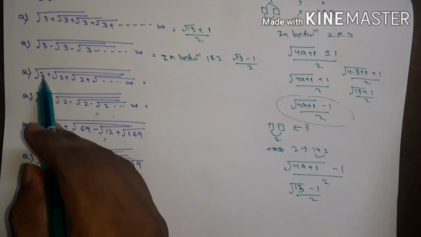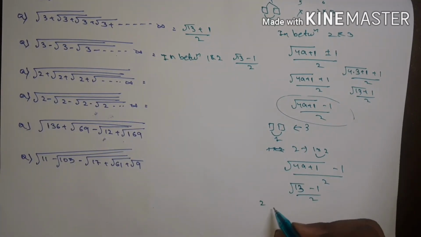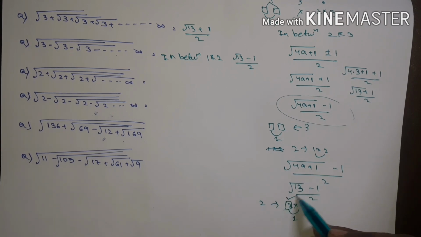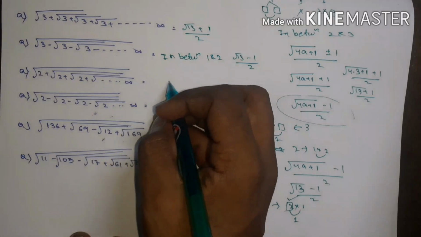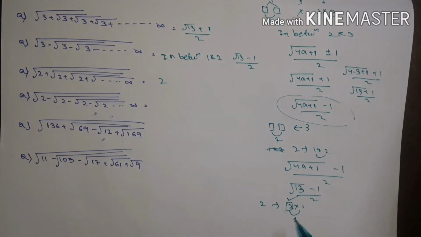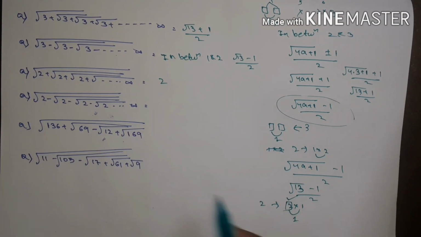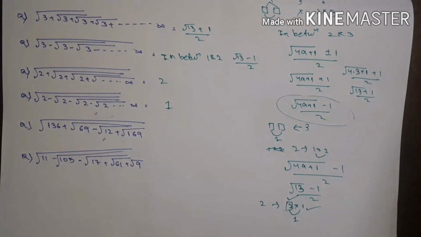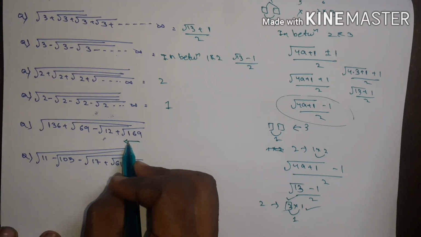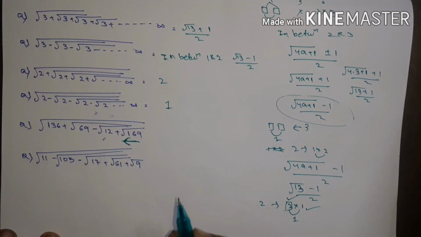Okay. For 2, it is separated as what? 2 into 1 with common difference 1. If it is separated, then you have to choose the larger number. So its answer is 2. It is minus. 2 is chosen as 2 into 1 where the common difference is 1. For subtraction, you have to choose the smaller number. Here the answer is 1.